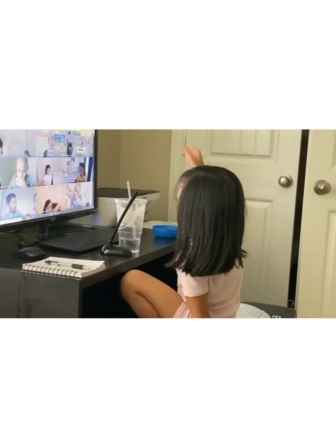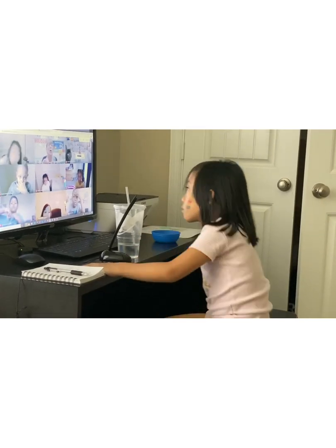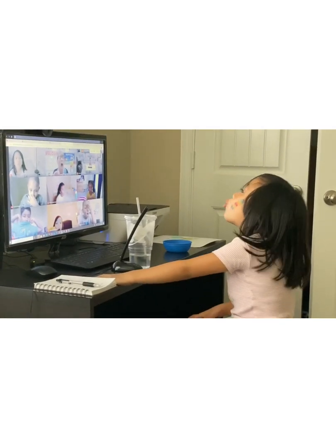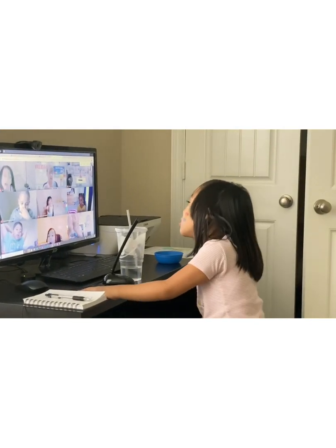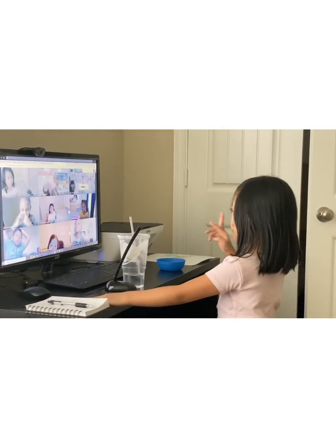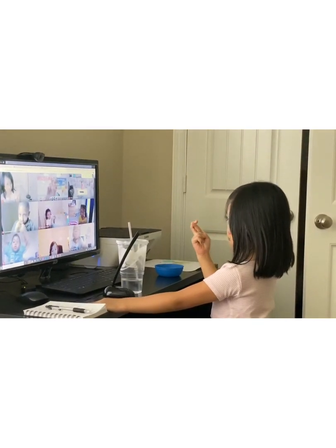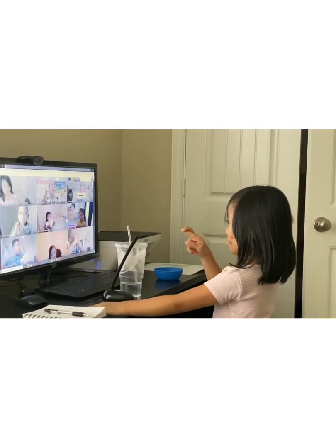And R is the next one. Oh, I forgot to tell you what Q says. Q says qua, qua, qua. R is next. You put your fingers over top of each other. Twist them. And an R says